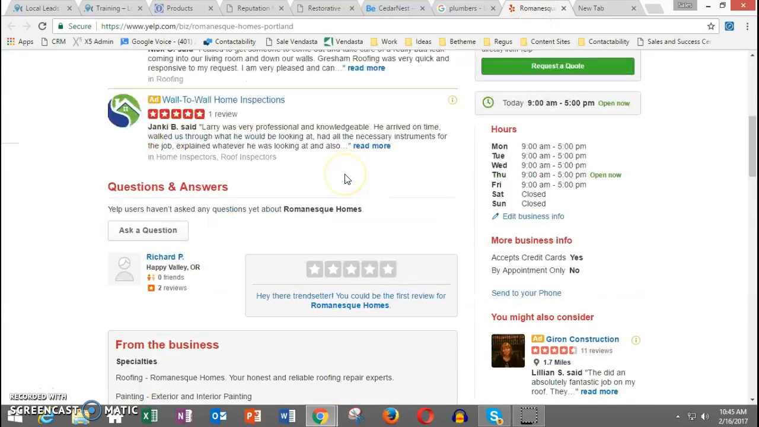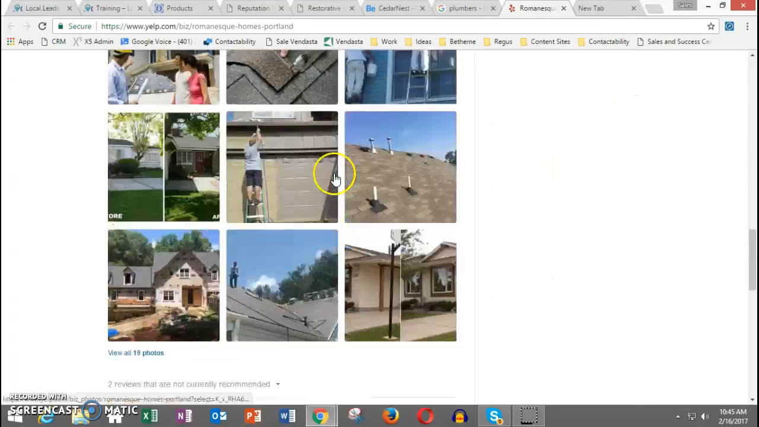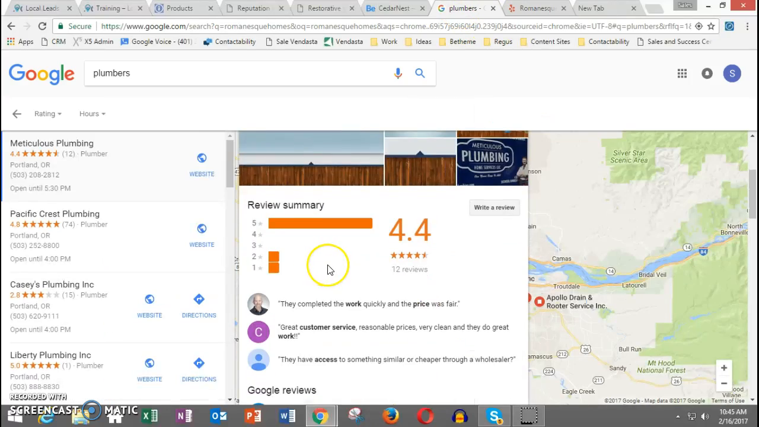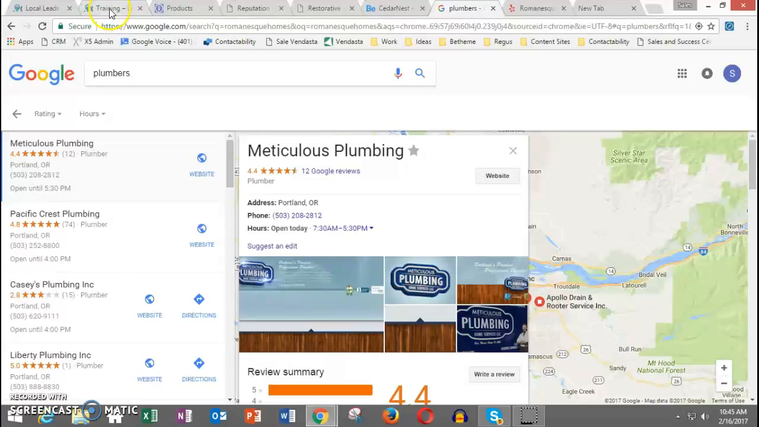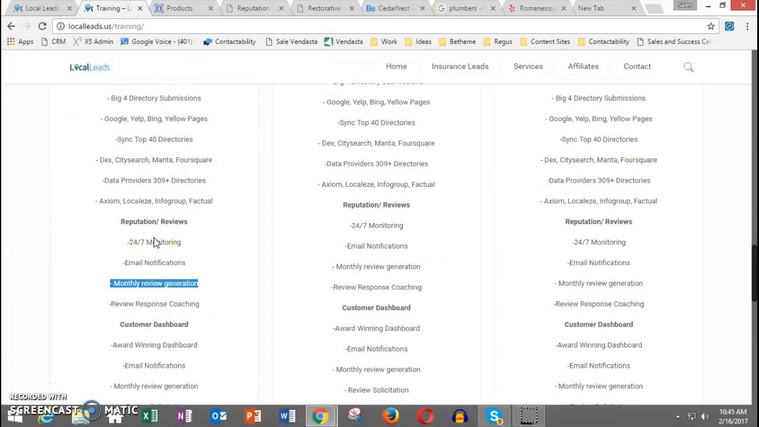So that way, because look right here, you can see, great customer service, reasonable prices. They do great work. That's what people want to see. That's what makes them pick up the phone. Okay, so the more of those that we help them get, the more phone calls they will get, because when